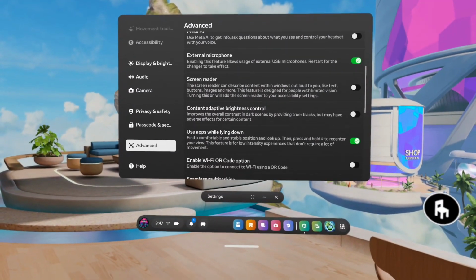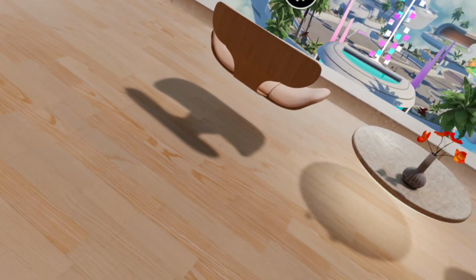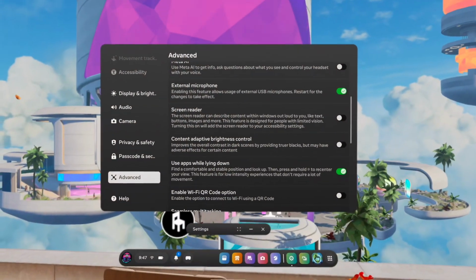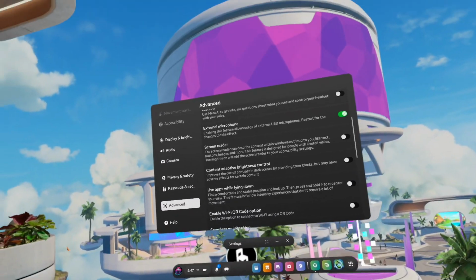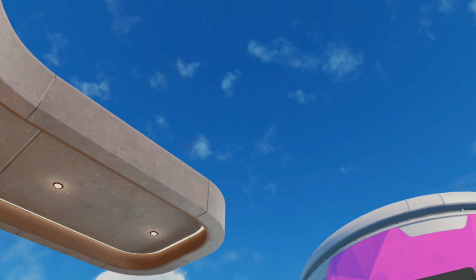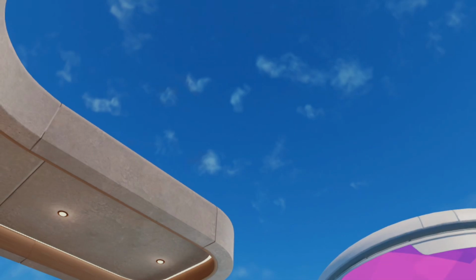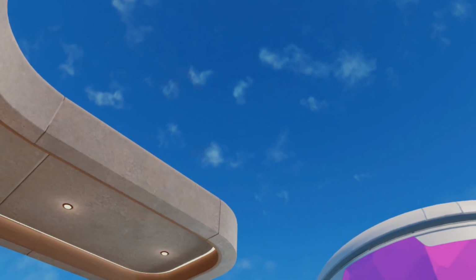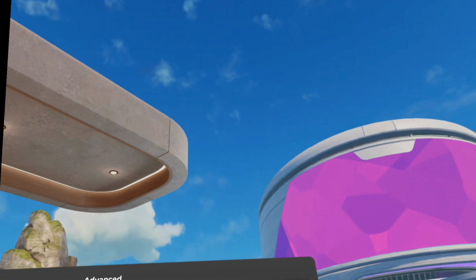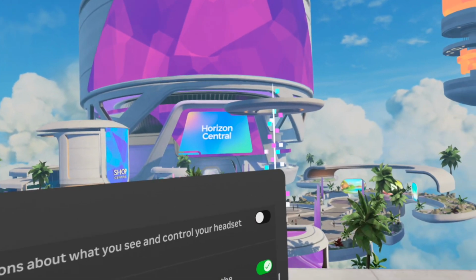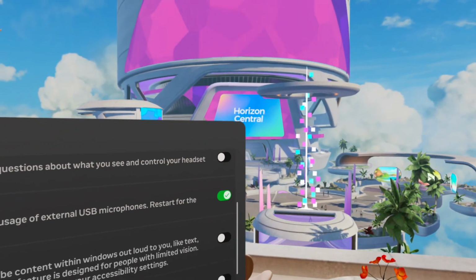Now if I sit up and recenter again, there we go. And I'm going to remove this, and I do that same thing. I'm going to lay down again, recenter, and you can see it's in front of me, but it's not in front of my eyes like it was before. So those are some of the things that you need to do in order to use apps while